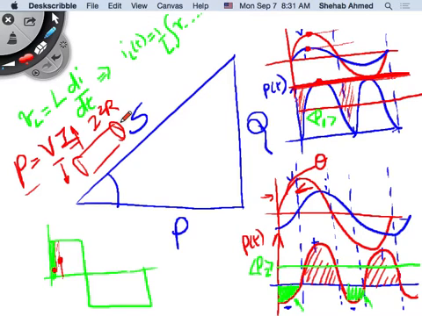For you to step up the voltage to very high DC values and then utilize it at the consumer's endpoint, I have to take this huge value of DC and step it down. Can I use a transformer? I cannot. If you put a DC signal across a transformer, it will look like a short circuit. Why? Because in a transformer, the flux equals the back EMF that you build across the windings,